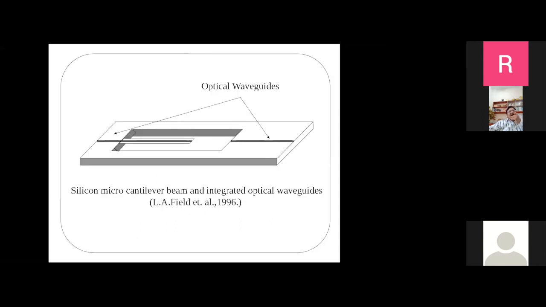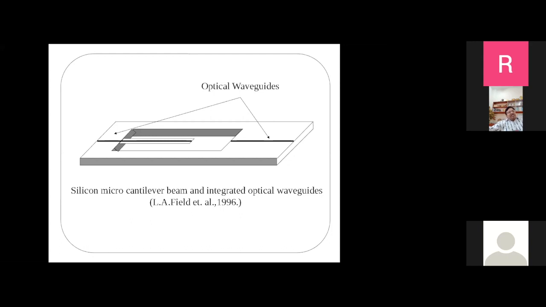Next slide, please. So this is one of the earliest papers on optical waveguide based devices. You see a cantilever beam, a mechanical structure, on which there is an optical waveguide. Of course, the gap is quite large. You see a cantilever beam, there is a gap, and then once again an optical waveguide on the substrate, like the first example that I used for describing the bulk optical MEMS.